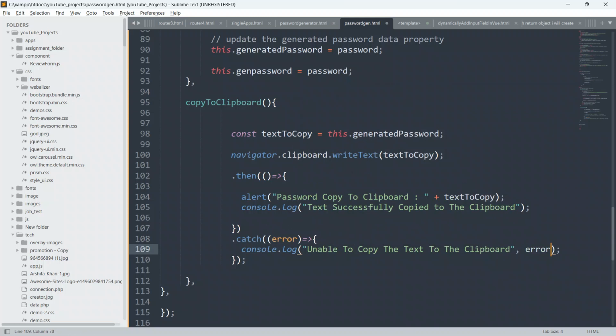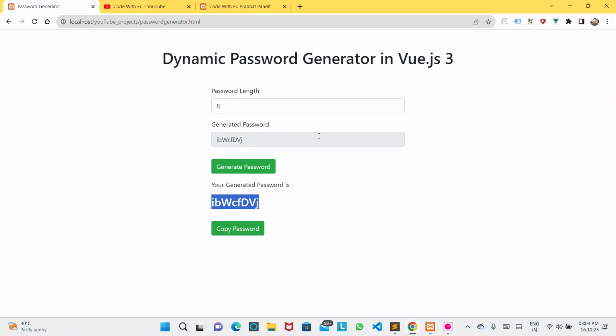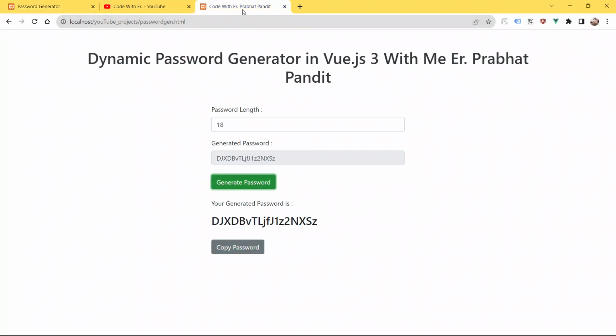So guys, I hope I have explained it while I was writing the code. If you want, I can explain one more time. First of all, save the code, go to the browser and refresh the page. Not this page, this is our page. Now refresh the page first. Why are we able to see the error?